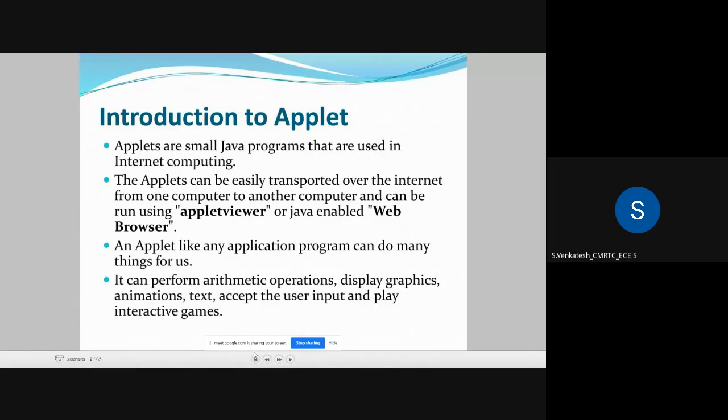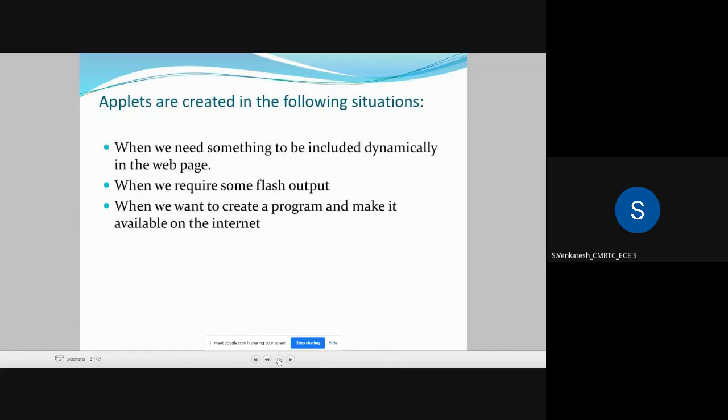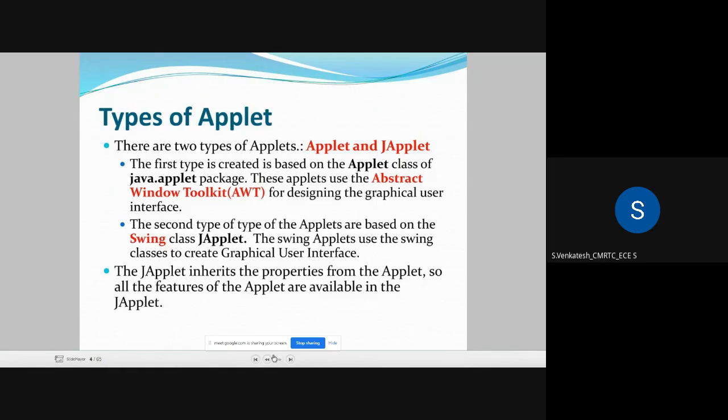So web browser, all these things we have seen. Applets are created in the following situations: when we need something to be included dynamically in the web page, when we require some flash output, when we want to create a program and make it available on the internet, then we will use these applets. And what are the types of applets? There are two types of applets,